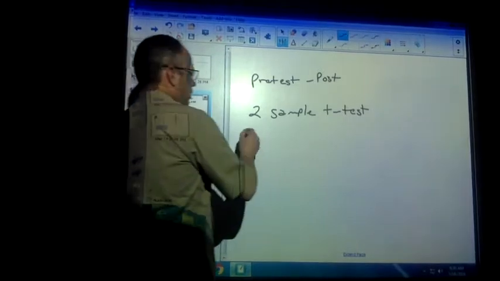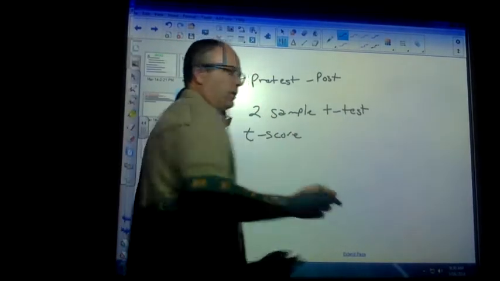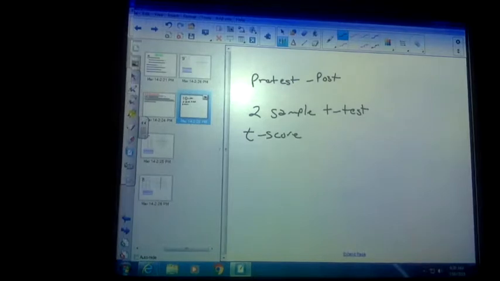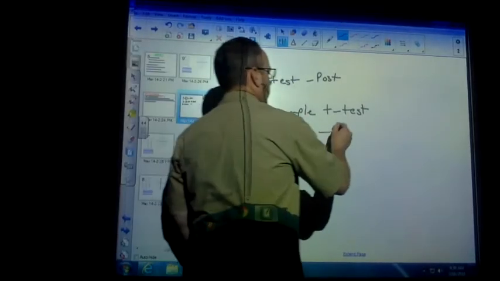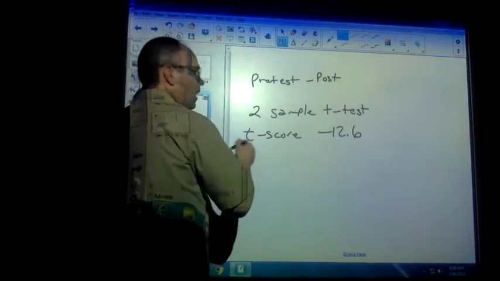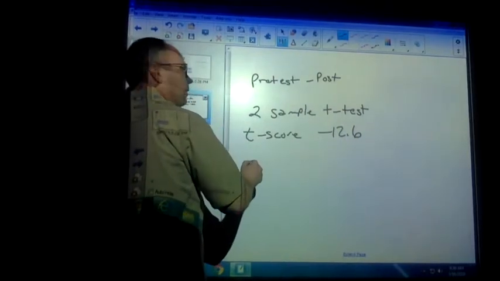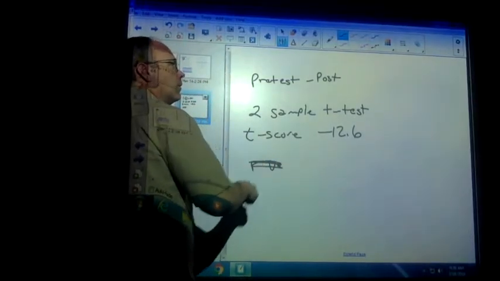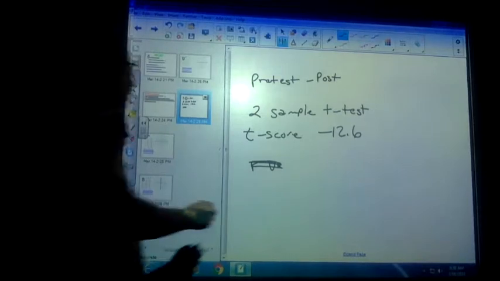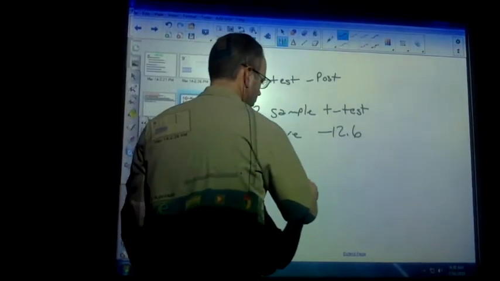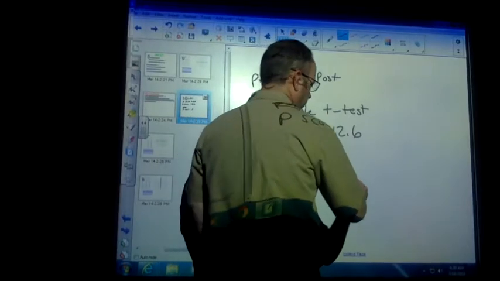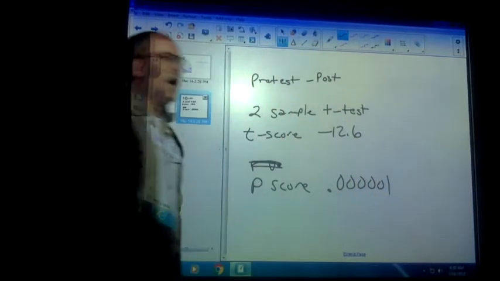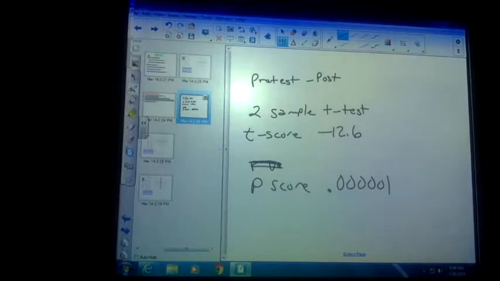My t-score, because I subtracted the pre-test from the post-test, so it's going to be negative, was negative 12.6. My p-score was that. Okay? So what this means is I compared what you did originally on the pre-test to what you scored